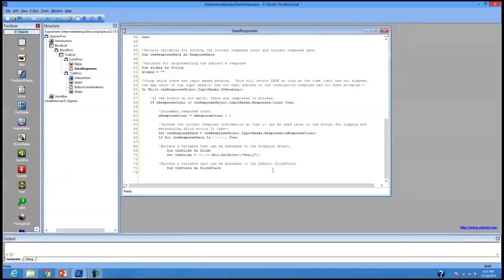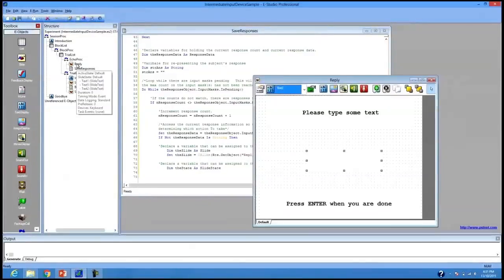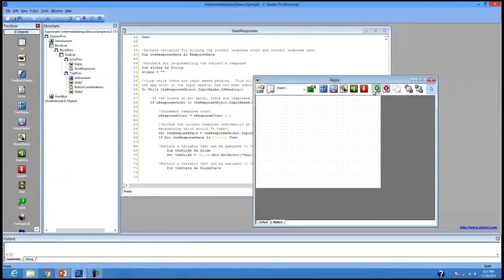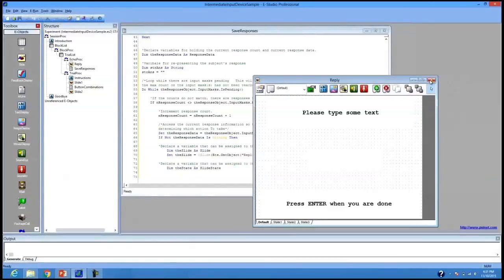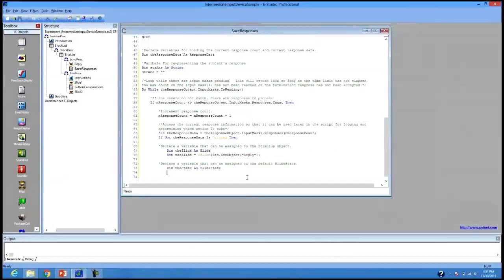We're going to set the state as slide state, and what that basically means is it's letting E-Prime know that we're going to now set the state, which there can be multiple states here. If you have added any slide states up here, for example, if you add another one, that'd be state 1 or state 2 or state 3. So these are the states that we're looking at. But for us, we're just looking at the first default one. So we're letting E-Prime know that the slide state needs to be set. So set the state